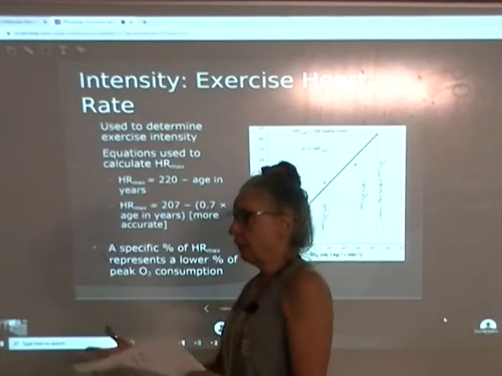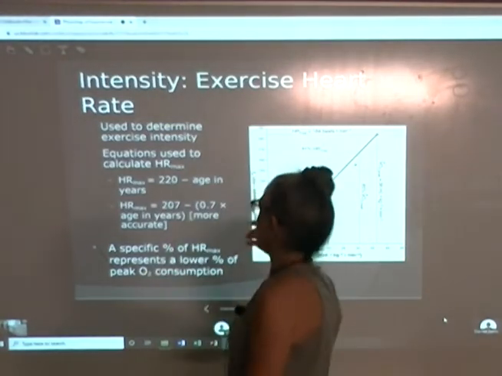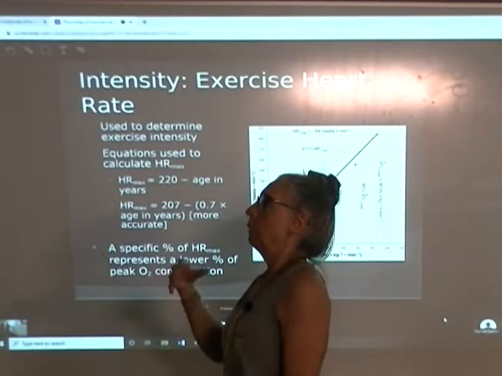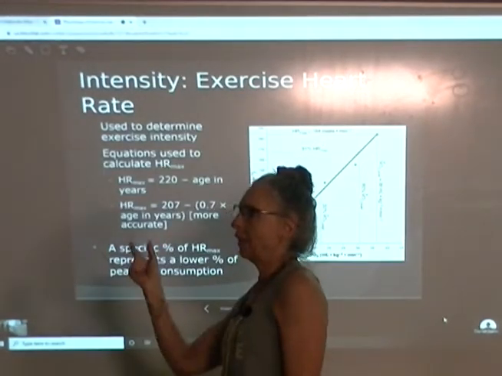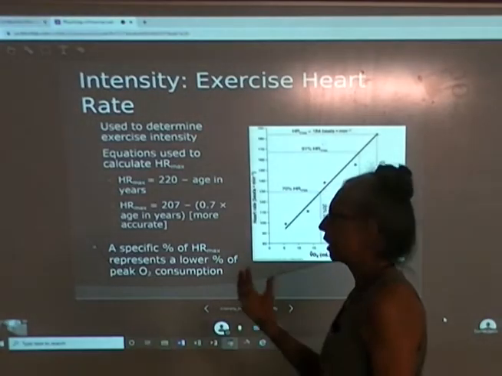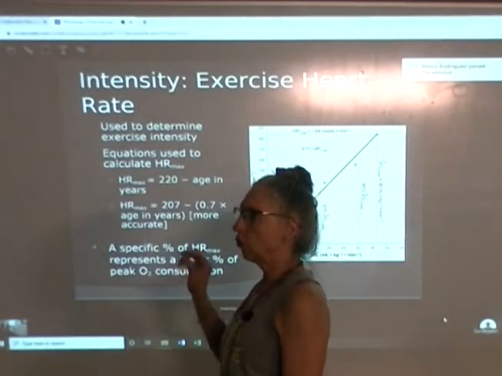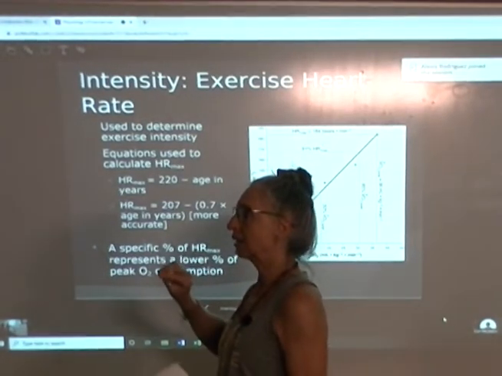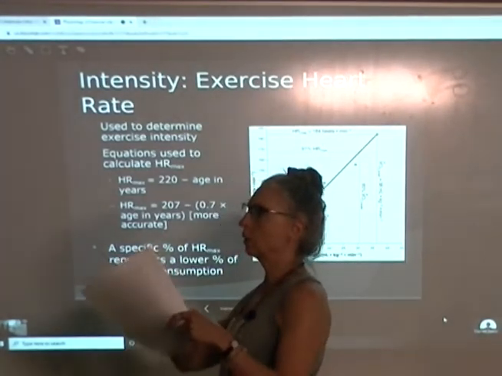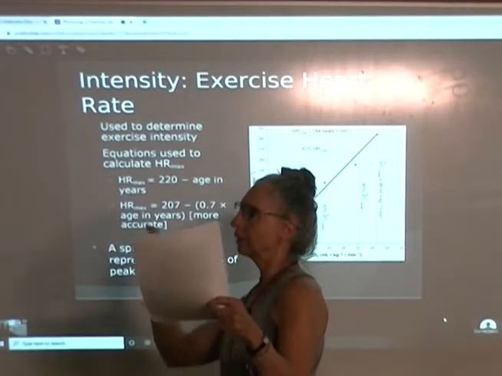Without that facility, we have to estimate it. The easiest estimation is 220 minus your age. Because it's the easiest, it's also the one that incurs the most error. Okay? So there are a couple of slightly more complicated equations for estimating heart rate max that still have error involved, but the more calculation that's involved, the smaller the